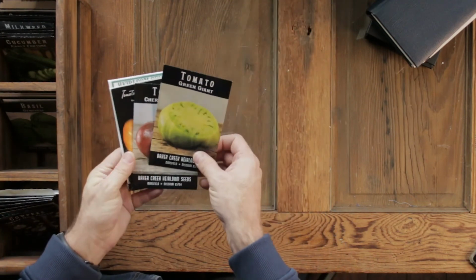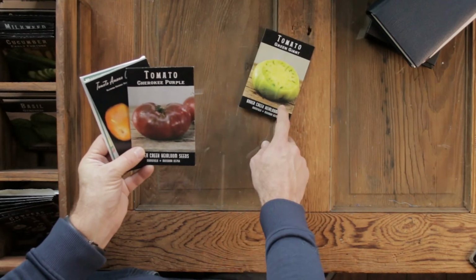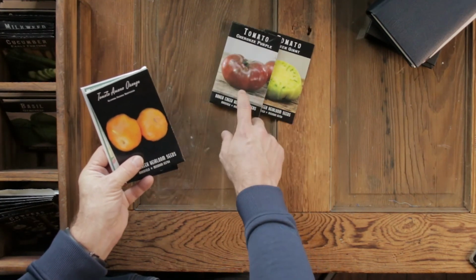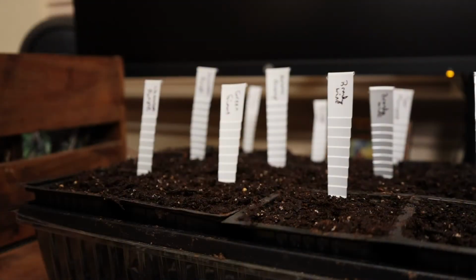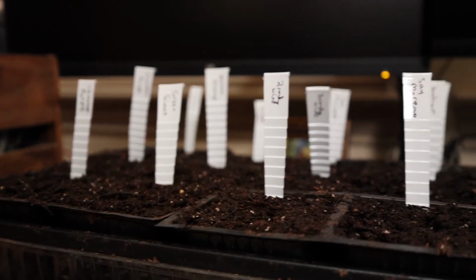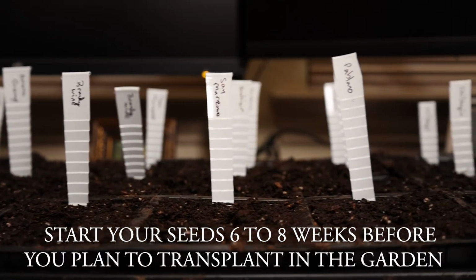So I grow 3 colors every year, and these are my 3 favorites. The Green Giant, the Cherokee Purple, and the Amana Orange. These go in my garden every year, along with a select pink or red tomato. And then I grow a cherry. This is the one thing that I typically do grow a hybrid on. In my garden, almost invariably, I have had a Sweet 100 cherry tomato because it produces reliably and it is